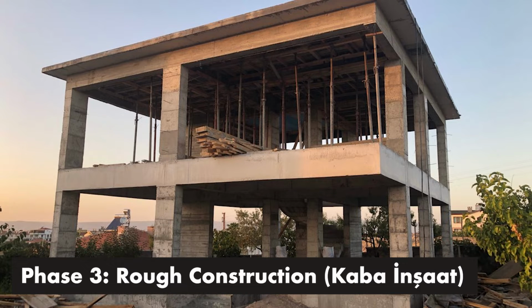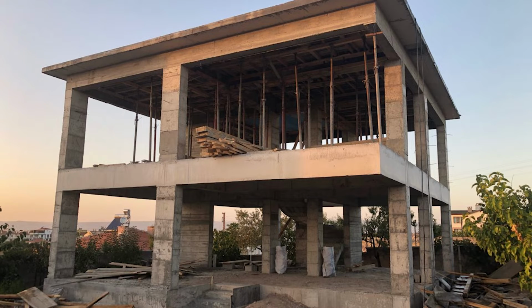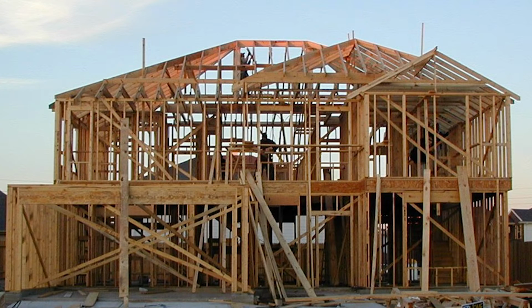Now is the next, phase 3. So phase 3 is the rough construction work, or in Turkish it's called Kaba İnşaat, which means rough works, or you could say the gray construction work or the skeleton structure. There are various different names or terms it goes by. In countries like America, North America, even some European countries, this phase is called framing, but over there they use wood. Here we're going to be using concrete in this part of the world, and just for a long life of your project, concrete is generally used in this region. So for that rough construction work, we're looking at a total of